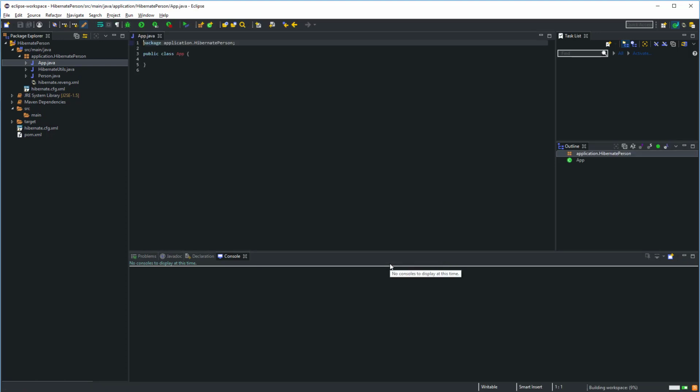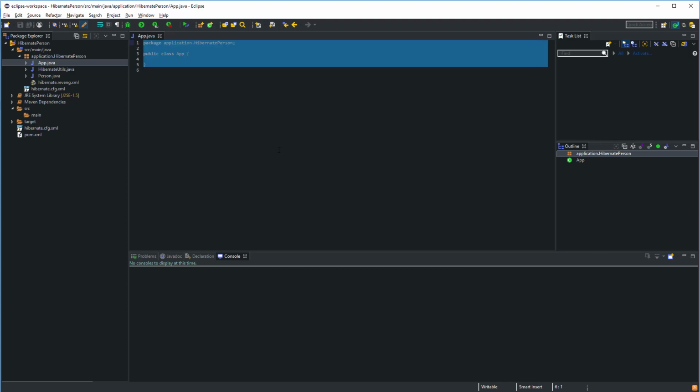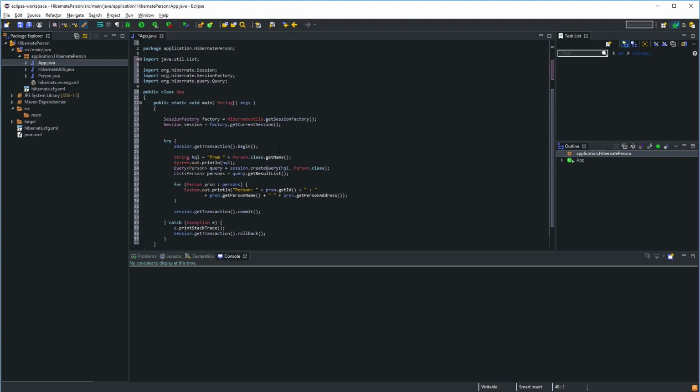Okay. And rather than retype the code into this new class, I'm just going to paste it, and then I'll walk you through it. Control S to save it,